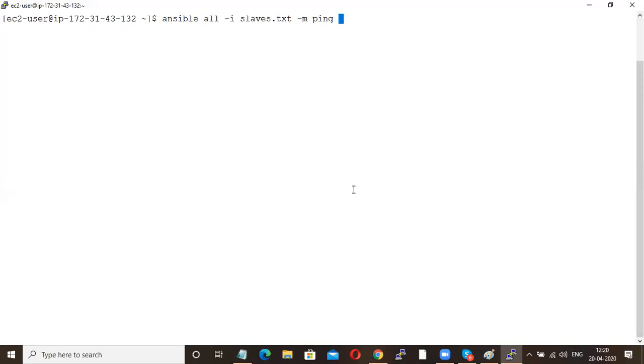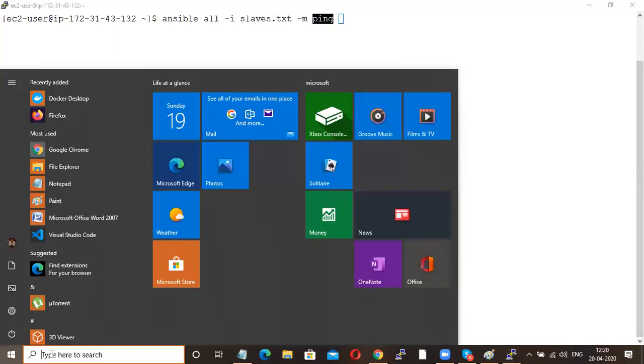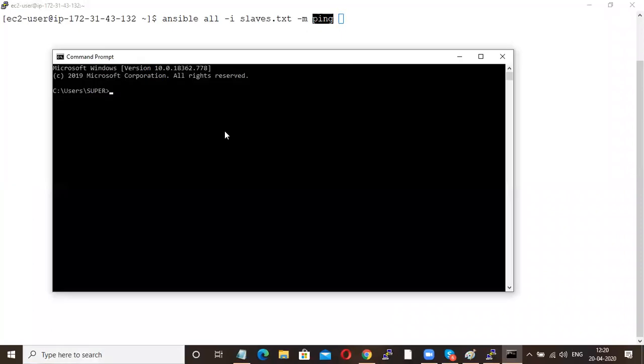See here, what this command will do, I guess everyone knows the purpose of ping. Ping is to test a connection, right? For example, if I want to know whether I have an internet connection, I'll go here, ping google.com.